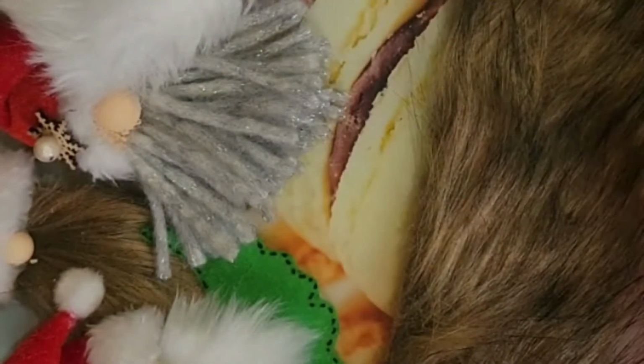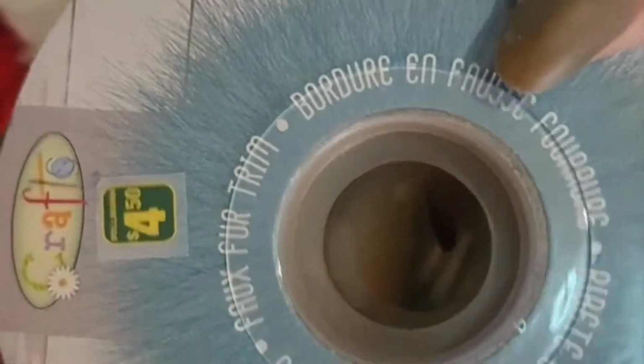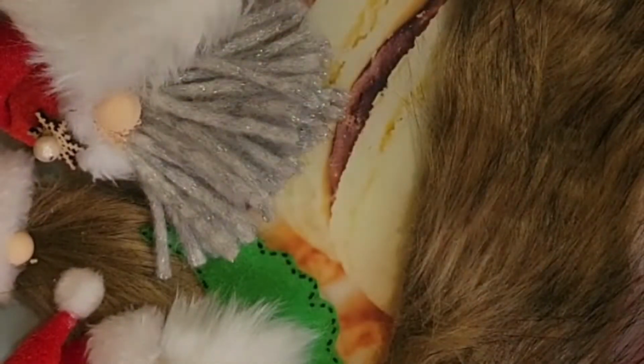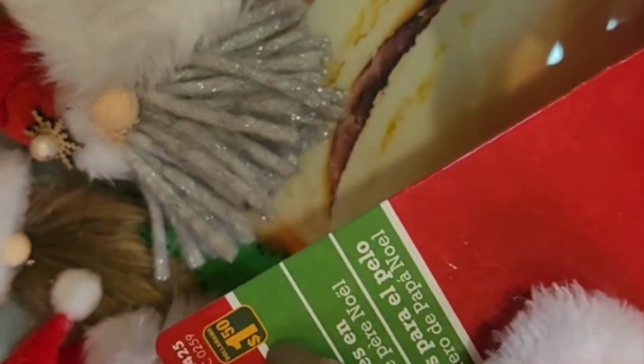Now, the materials that you will need is your faux fur. I bought this here. It's for $4.50 at our Dollarama, and you get a big spool of it. It'll last you a while if you use every little piece of it. Also, you'll be needing these cute little Santa hair clips. They were $1.50 at the Dollarama,